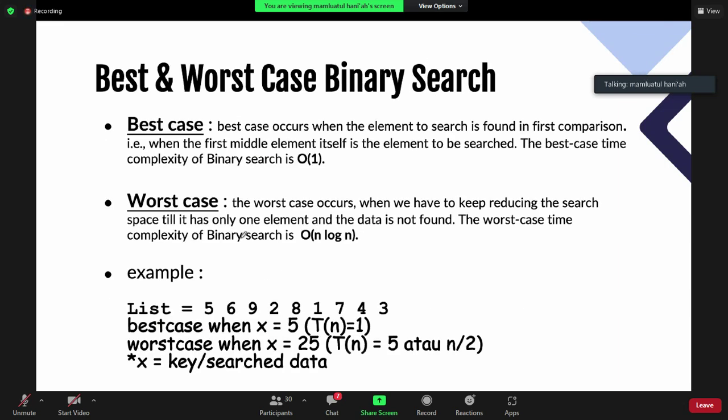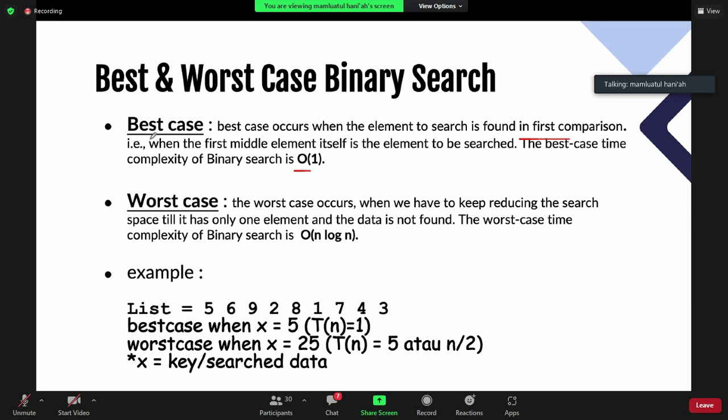Okay, best case and worst case in binary search. Best case is when the element you search for is found in the first comparison. So maybe your first middle element is your K. You have best case big O of 1.